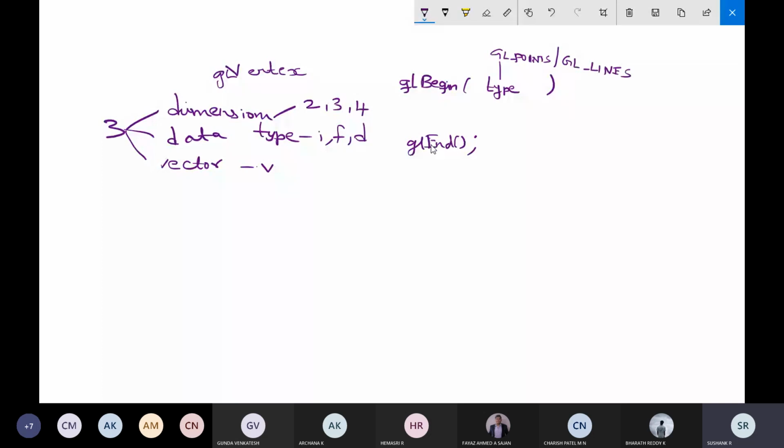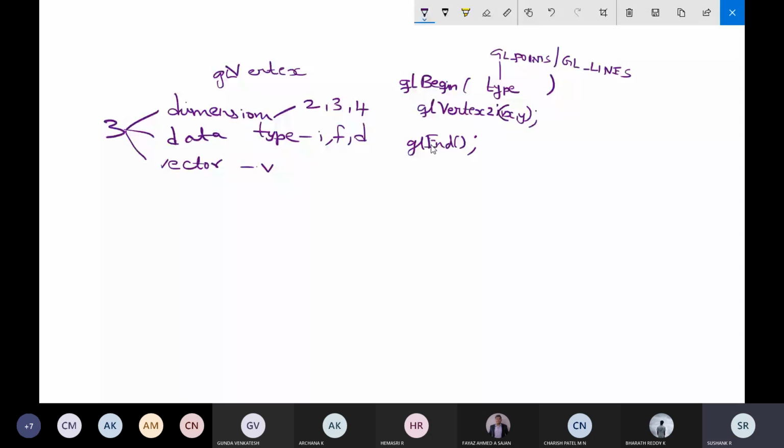Whatever points you want to write, you will be writing inside glBegin and glEnd using glVertex. If it is two dimension, I'll go with 2. Integer means i. If I'm using the vector form, it means v. If I'm not using the vector form, here I will give the position of x, position of y. This is how I will write it.